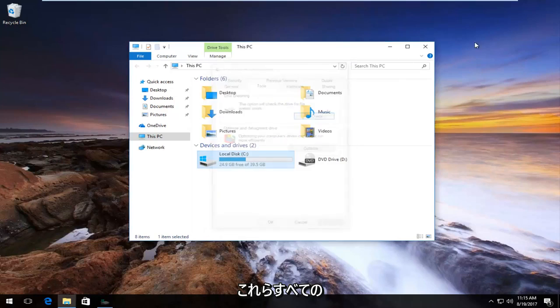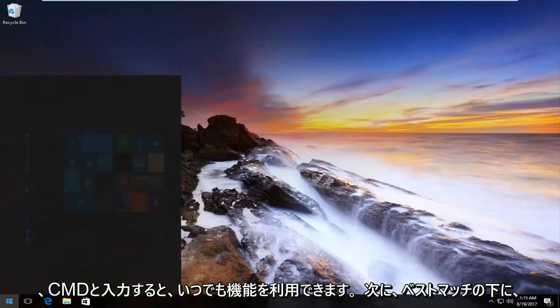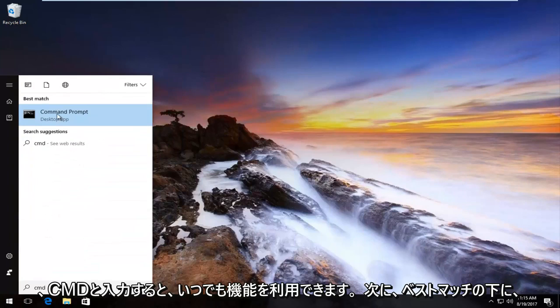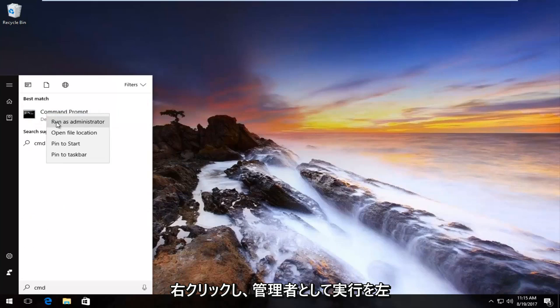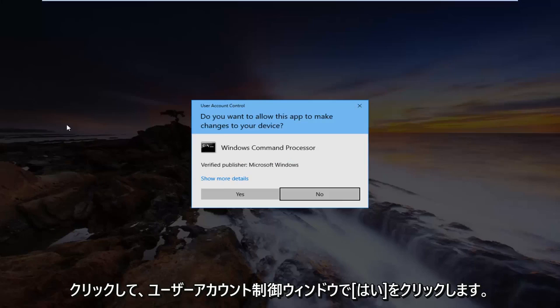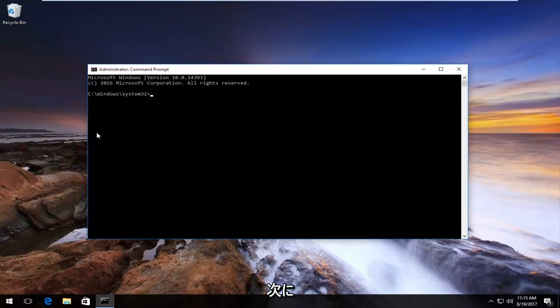You also have the ability, if you close out of all of these windows and go back to the Start menu and type in CMD, and then underneath Best Match it should say Command Prompt. You right click on it, left click on Run as Administrator, click on Yes for the User Account Control window, and then you type in Chkdsk